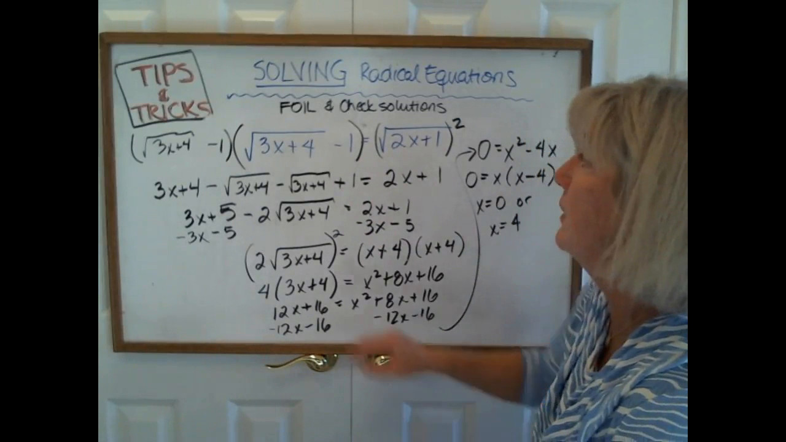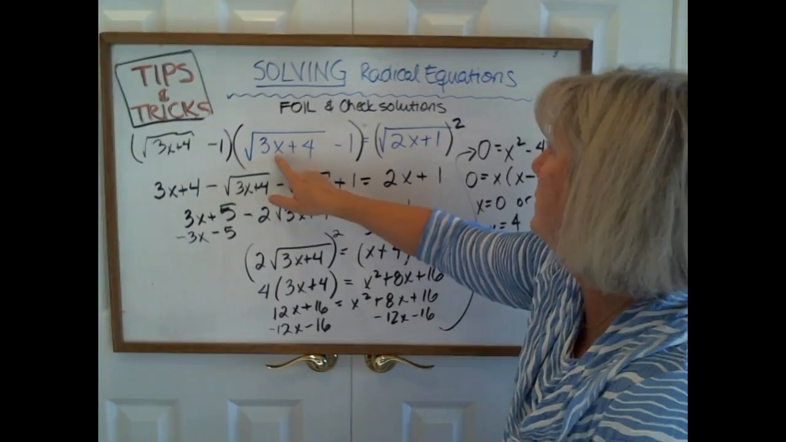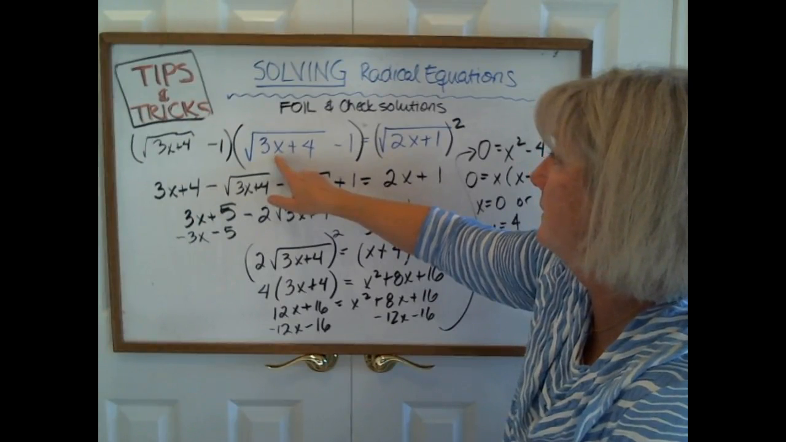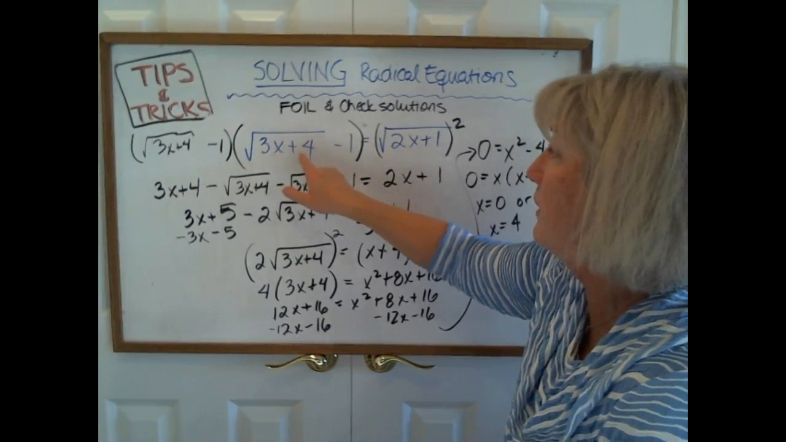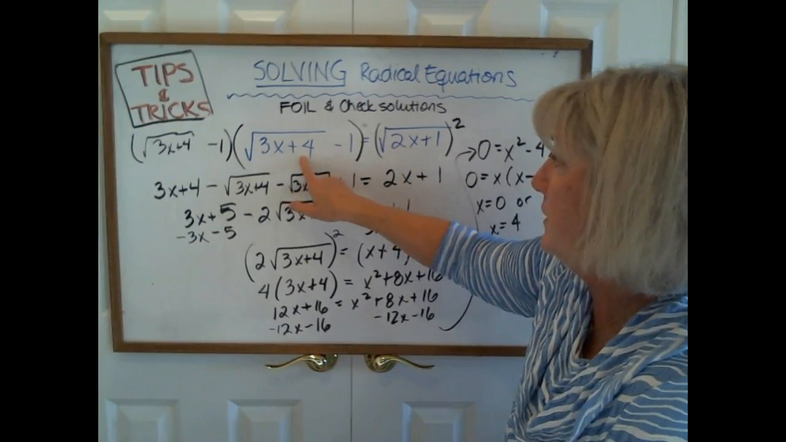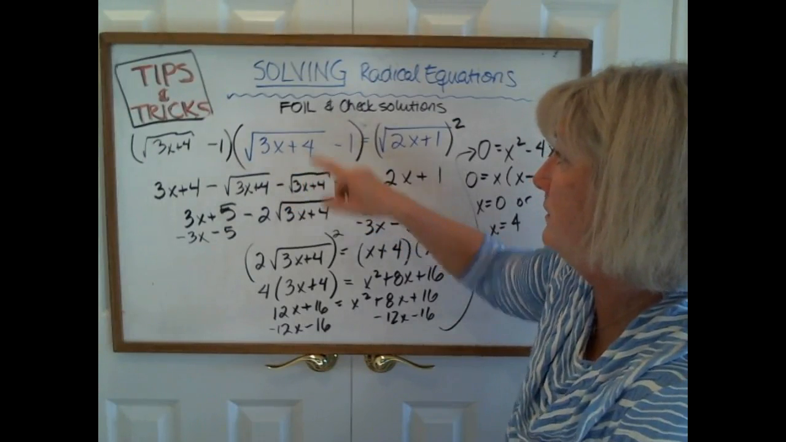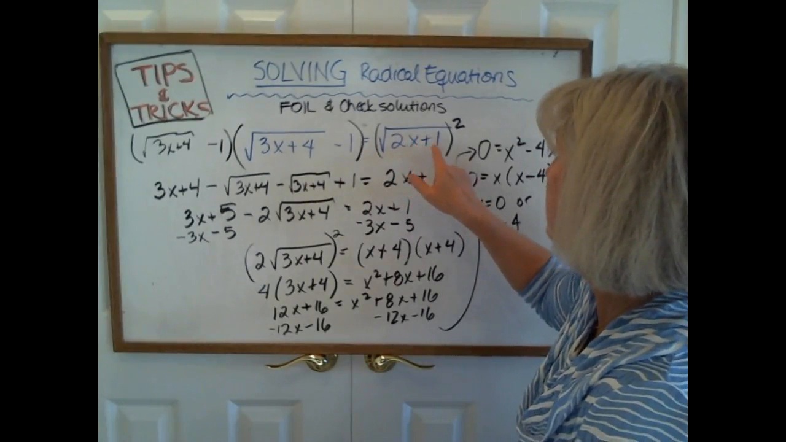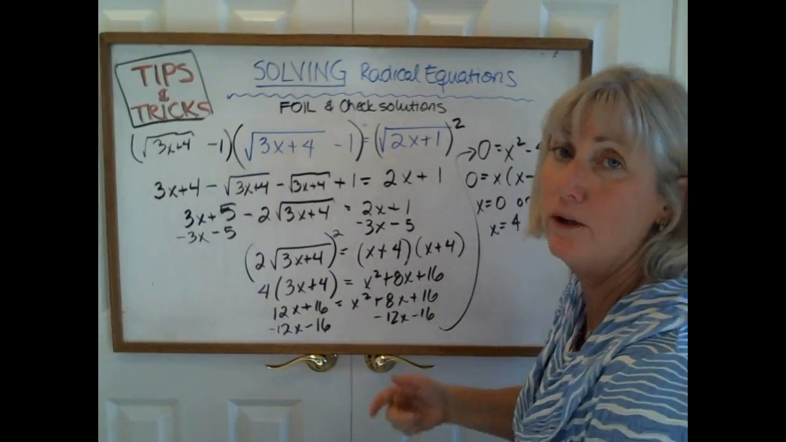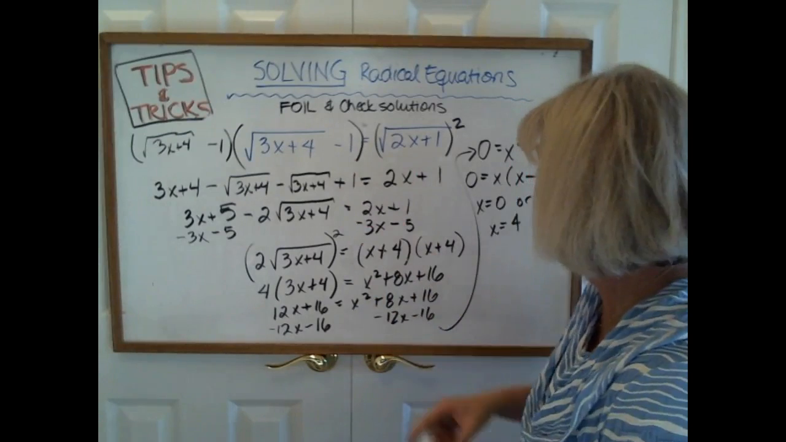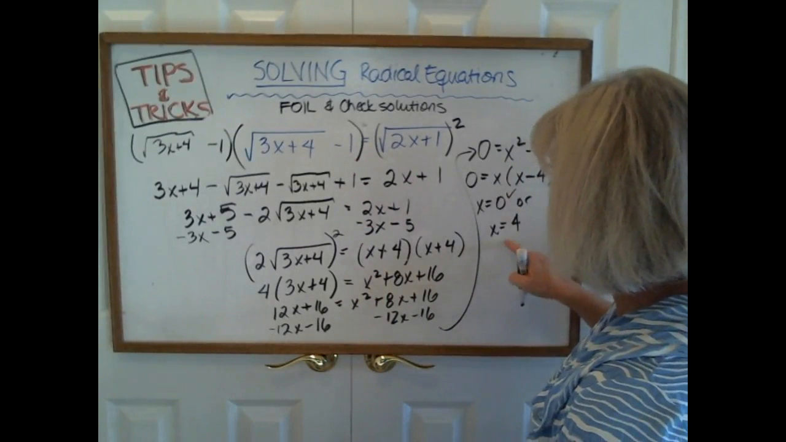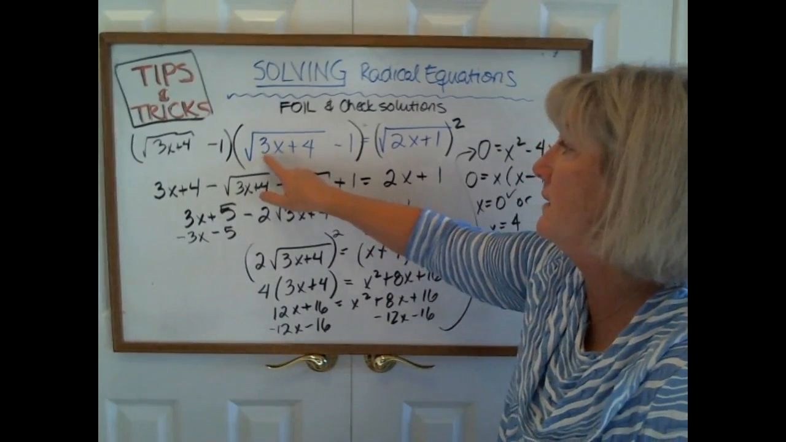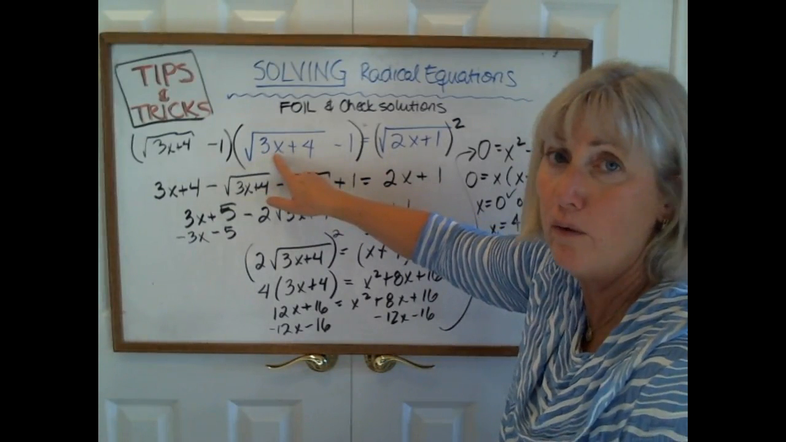So let's take the 0. So root 3x, so with the 0, and it'd be square root of 4, which is 2. 2 minus 1 is 1. And this is going to be square root of 1, which is 1. So this checks. And if we put in a 4, it's going to be 3 times 4, which is 12,